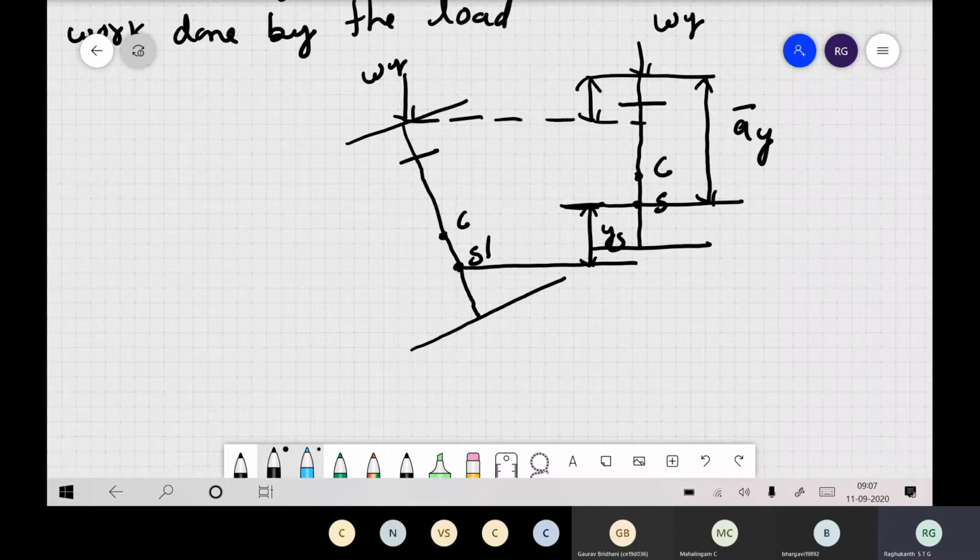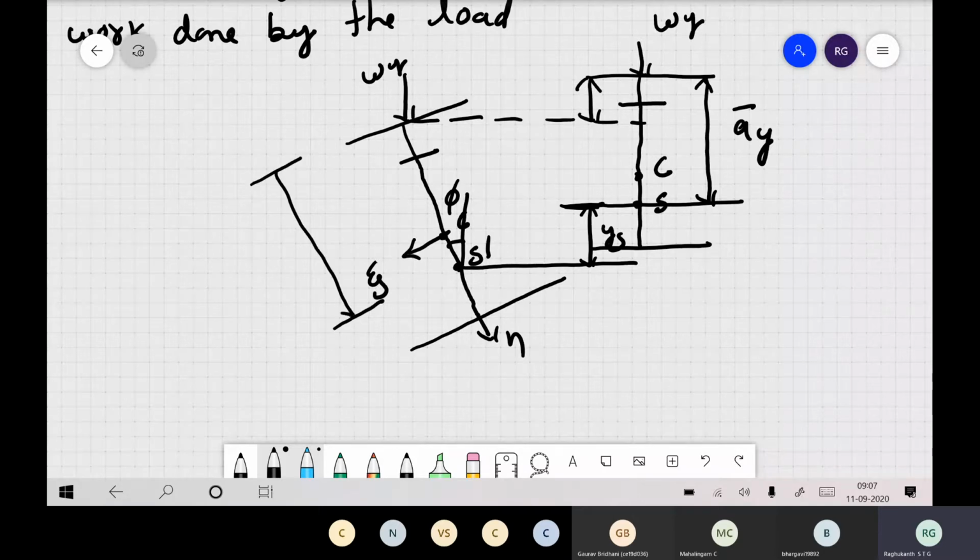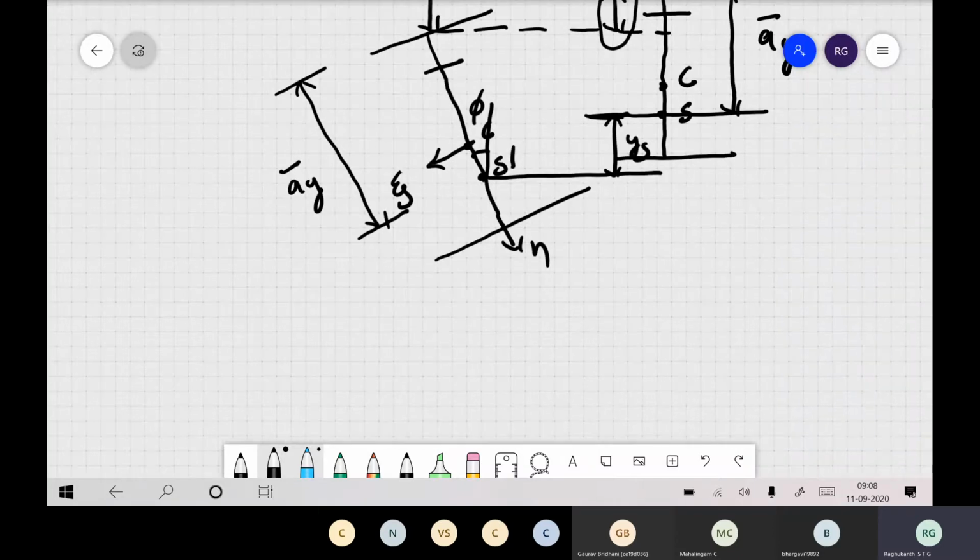All the angles everything is known to you. This angle is phi, the angle of twist, and this is our new coordinate system, psi and eta. This is not psi dash, psi and eta itself. This was our ay. This is just the geometry actually. Now we have to find out how much the load has come down, the movement itself. You can use trigonometric identities to find it out.